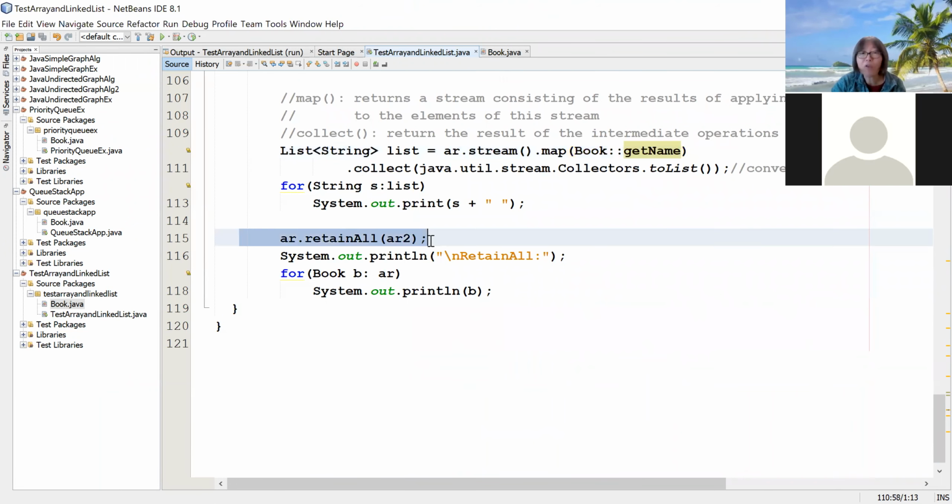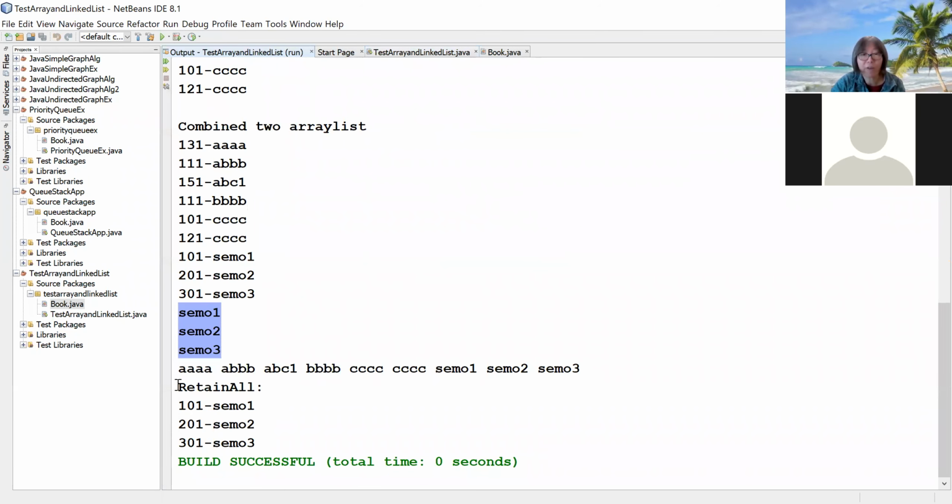And we can also call retainAll, so retain all of the items in the specified collection. Over here it's a list. So retainAll just keeps whatever is plugged in, the second one. So this is the second list. Okay, so that's all of the